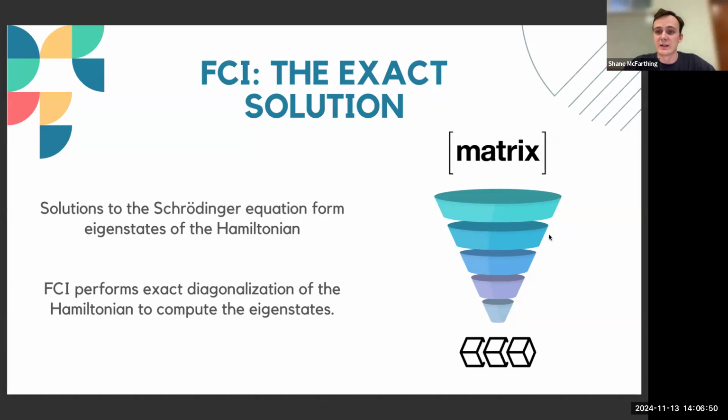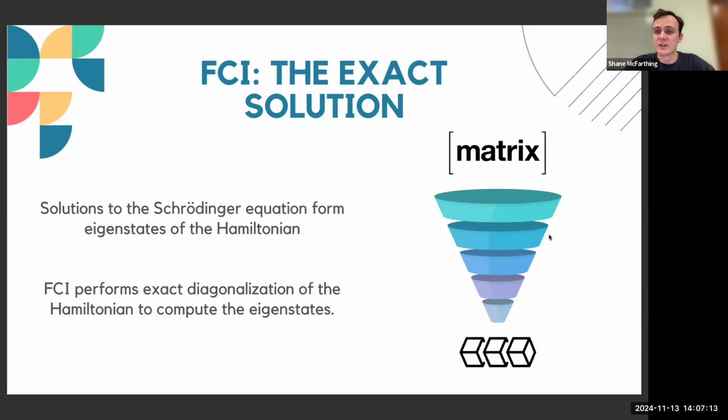That gives us the eigenvalues and eigenstates of the Hamiltonian, and those form the solutions of the Schrödinger equation that we were interested in from the beginning. By applying this method, we can get the exact solutions, but obviously the issue is